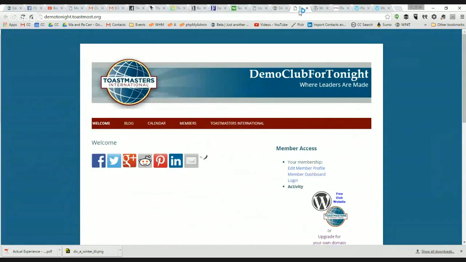Now, when you first create one of these sites, there's a WordPress setting that says discourage search engines from indexing this site. So basically, if Google happens to find this site, your site is going to say, go away, we're not ready to be public yet. But you can take this web address and email it to your club. After you get a little bit further along, maybe you send it out to all your members, say come in and kick the tires, and see if you agree that this is in fact an improvement, and we should make a change.